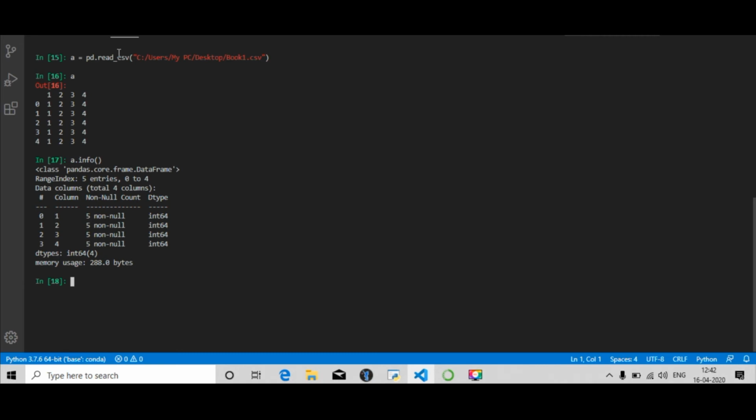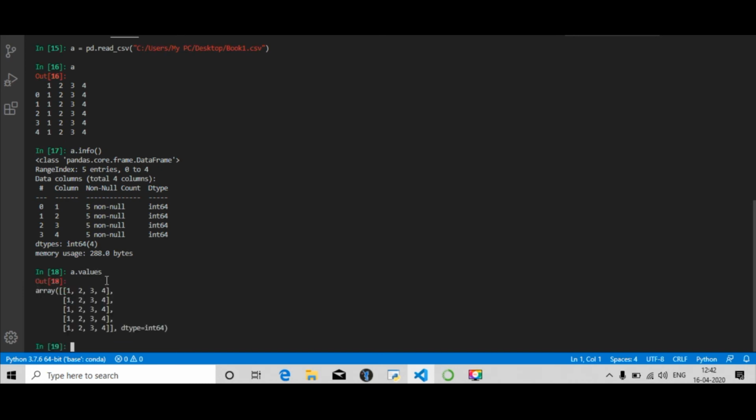Here you can see there are 4 columns, 1 2 3 4, and each column has 5 non-null values. So this is the use of pandas. I can also convert these data frames into the NumPy array type, and then I can do mathematical operations on these. So this is the basic use of pandas.